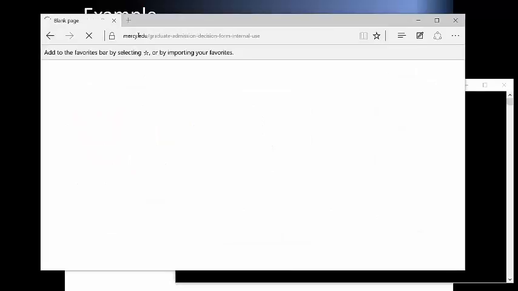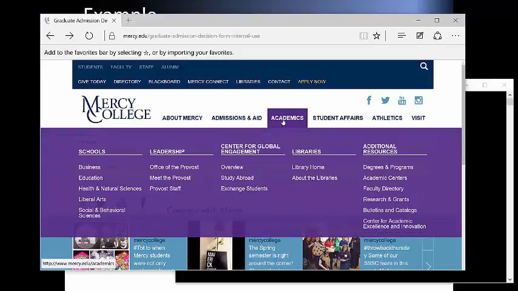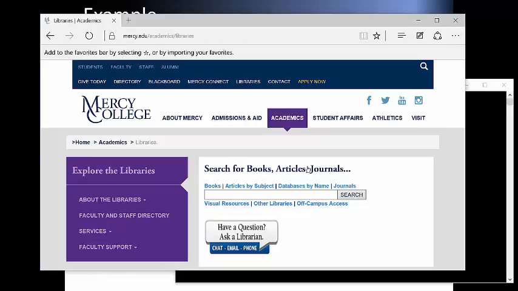website. You can start from Mercy website, and then there is a tab, Academics, and Digital Library. Library Home. And then there is a database by name.